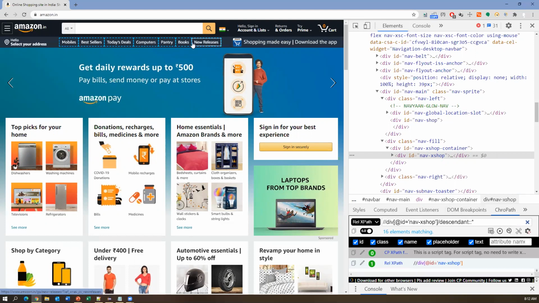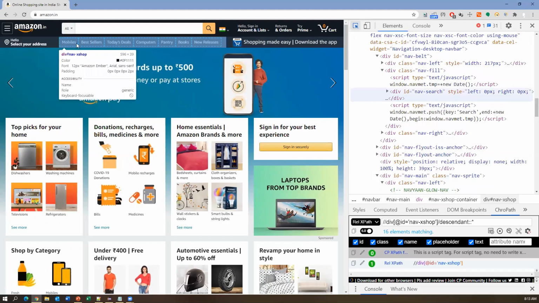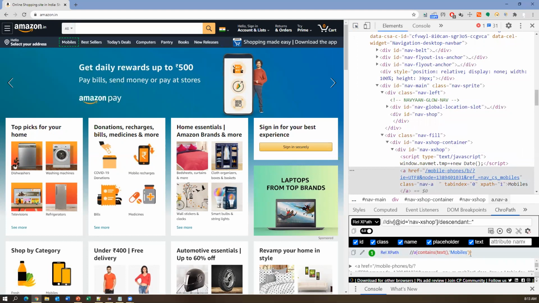So among all these elements, I want to locate mobiles. This element I want to locate. So inspect this mobiles and capture the XPath for that mobiles. And instead of star, I can put that element's XPath along with the anchor tag. Now enter. This will be able to locate this mobile element.